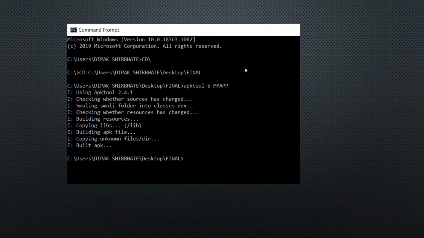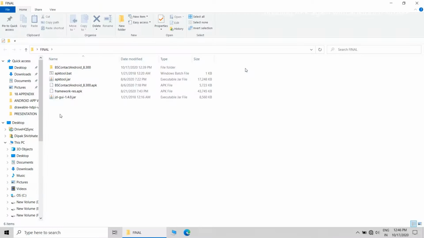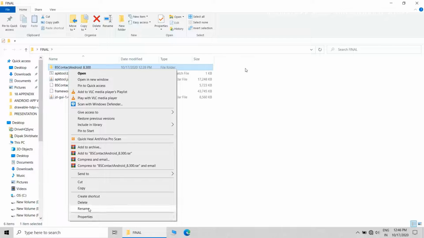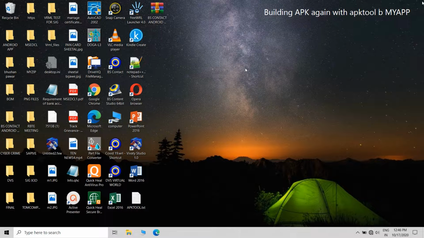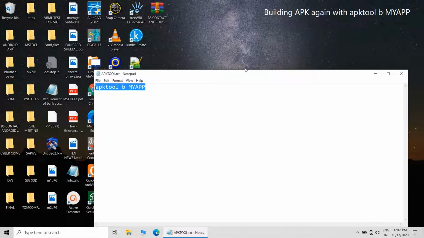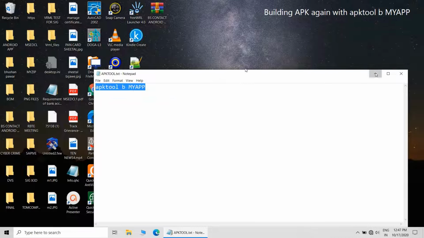So this is how you will get the output. APK tool B, my app.